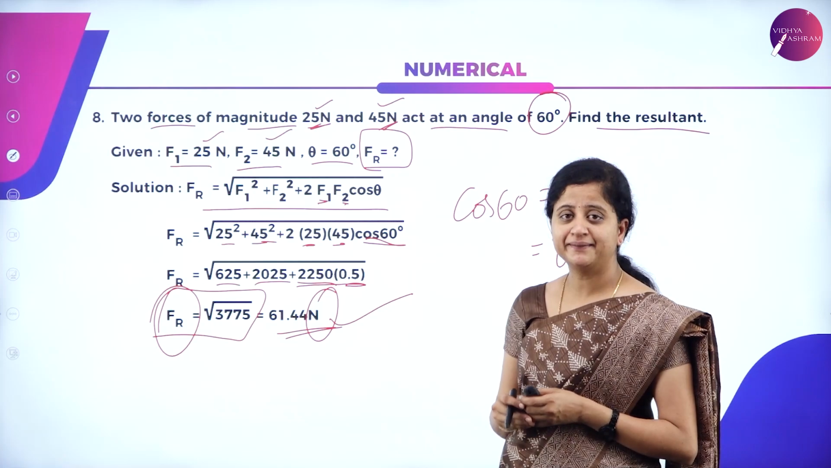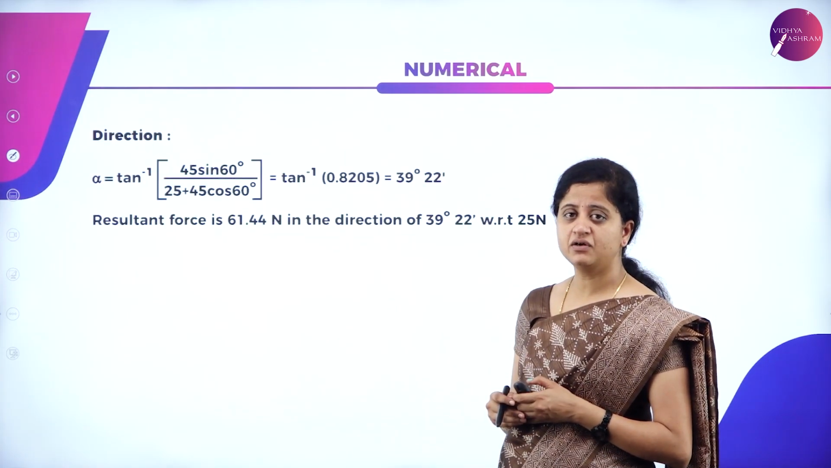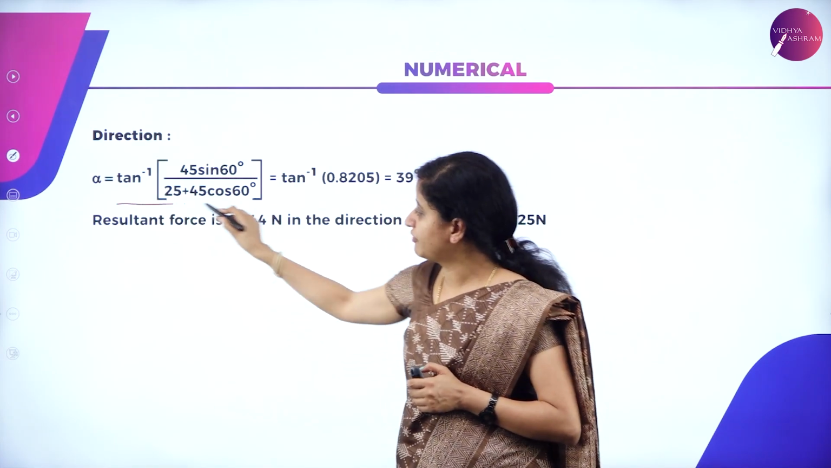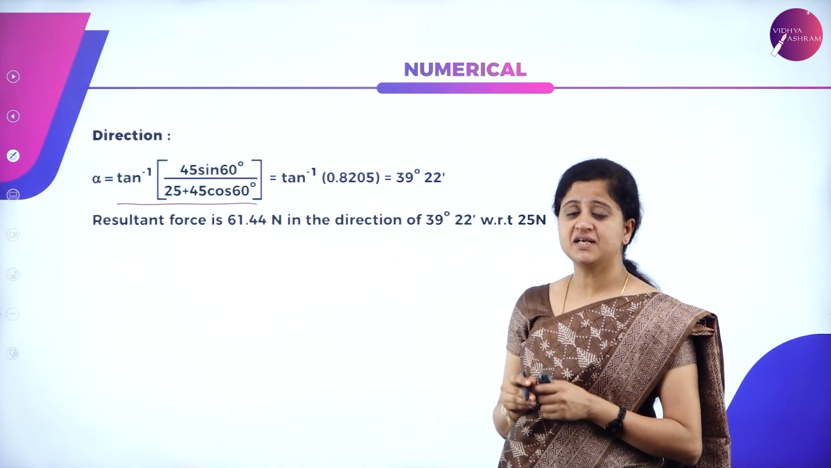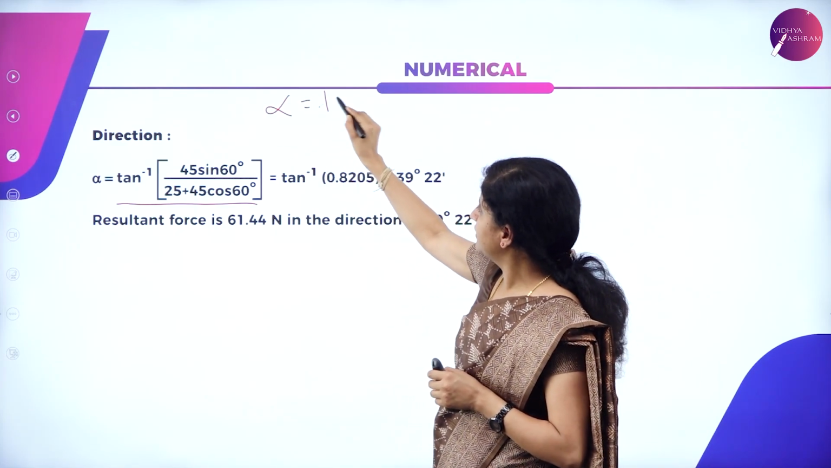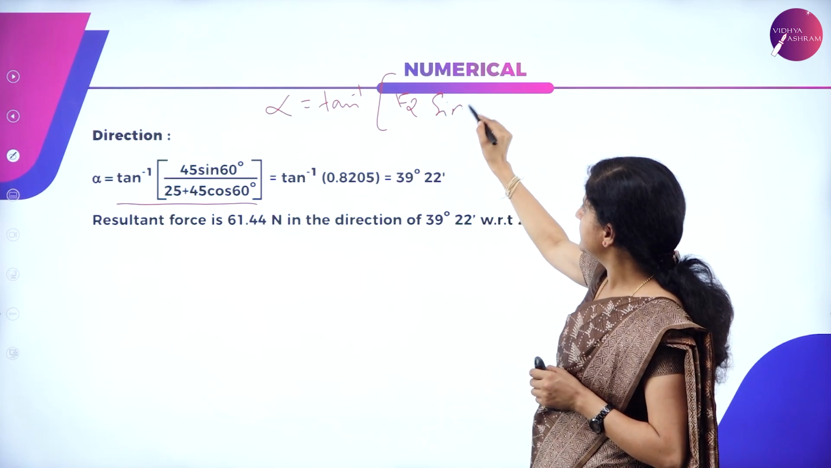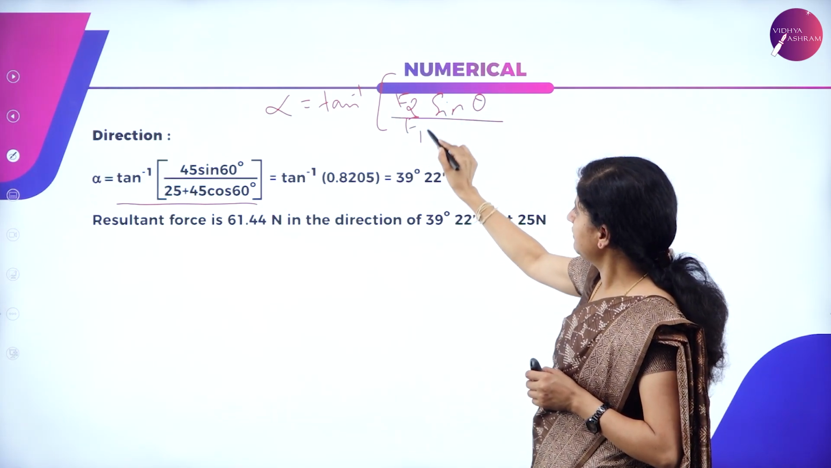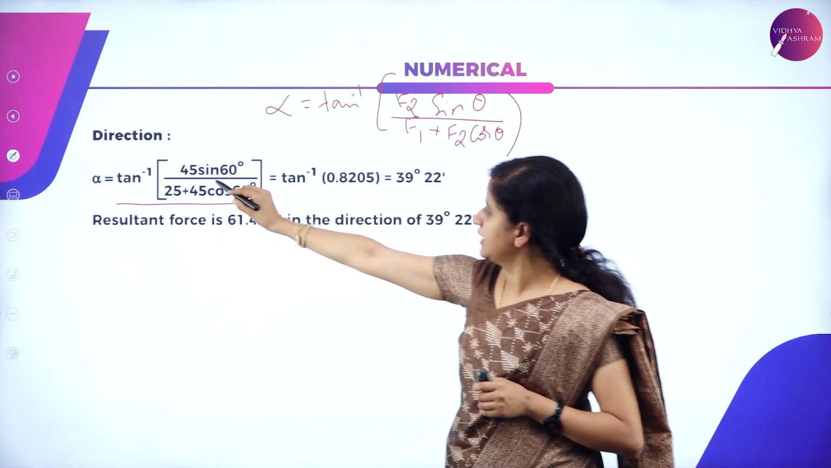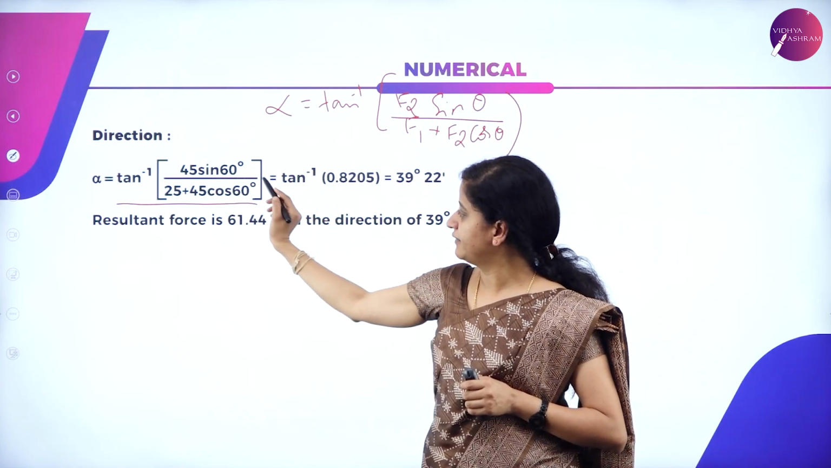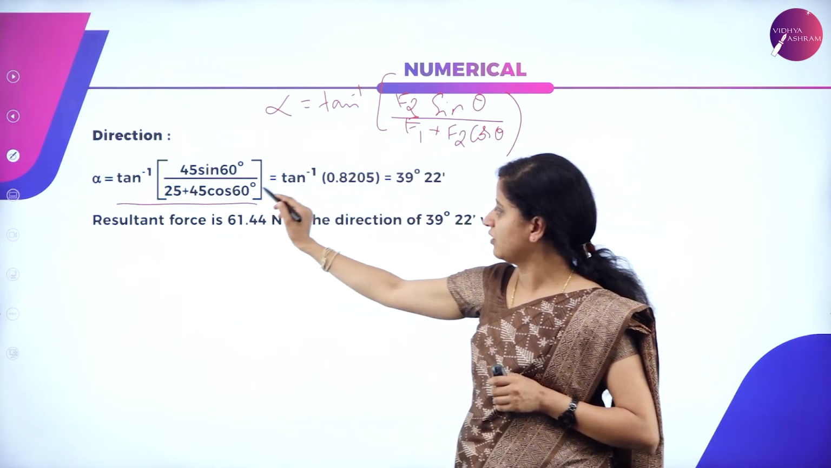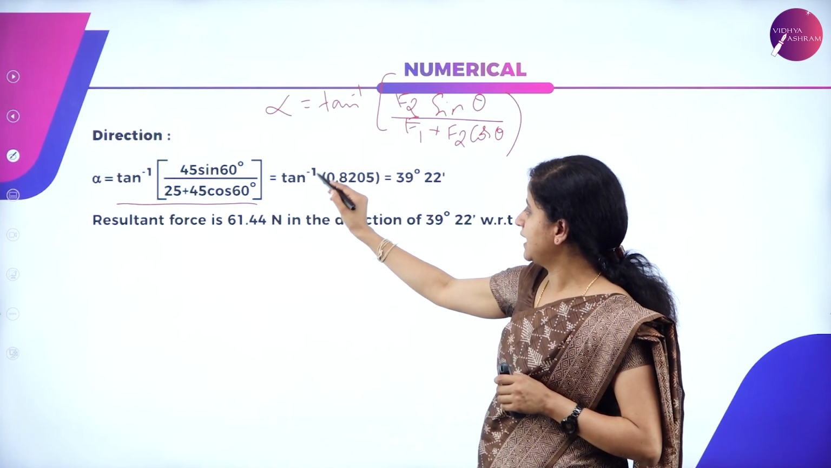Now we have calculated the magnitude of the resultant. Let us now also find the direction. So direction can be calculated by the formula alpha is equal to tan inverse of Q sin theta divided by P plus Q cos theta. Here it is nothing but tan inverse of F2 sin theta divided by F1 plus F2 cos theta. So here F2 value is 45, sin theta value is sin 60, divided by F1 value is 25, plus F2 value 45 cos 60. So we will get tan inverse of